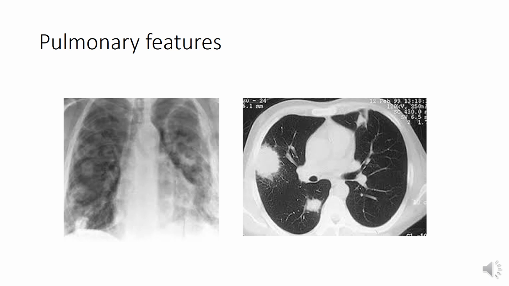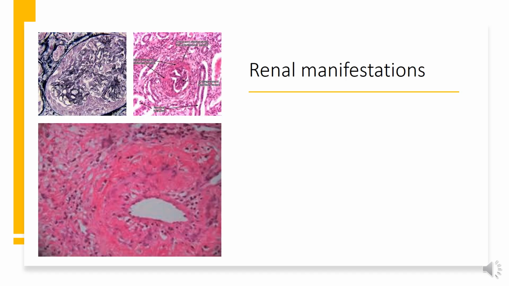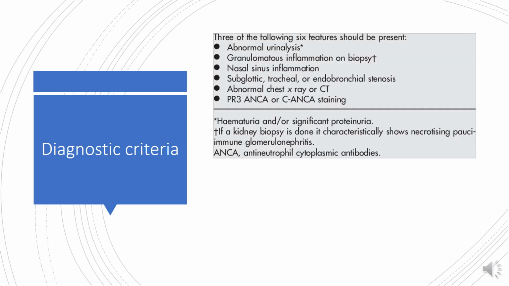Pulmonary infiltrates with cavitation. Renal involvement, generally type rapidly progressive glomerulonephritis. For the diagnosis of granulomatosis with polyangiitis, three of the following 6 features should be present: